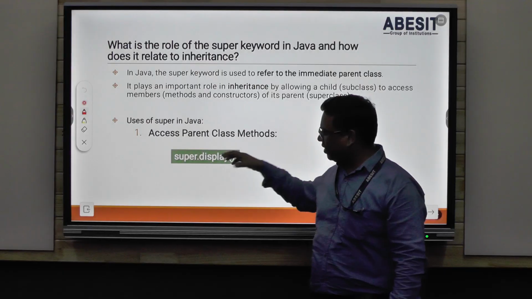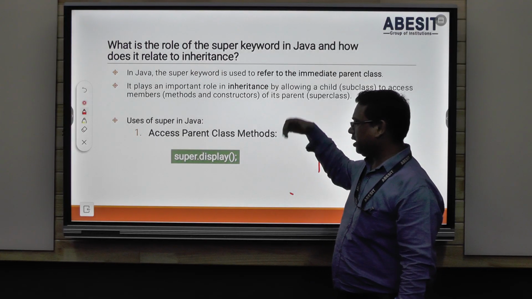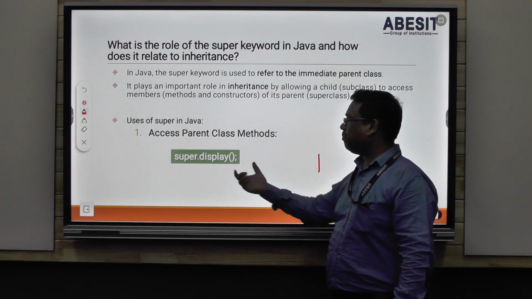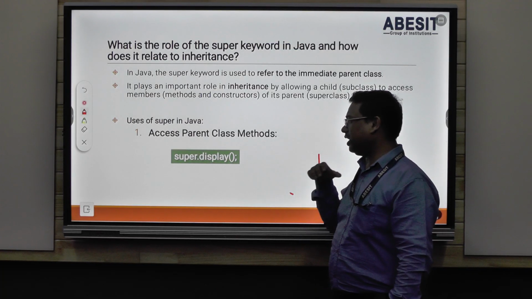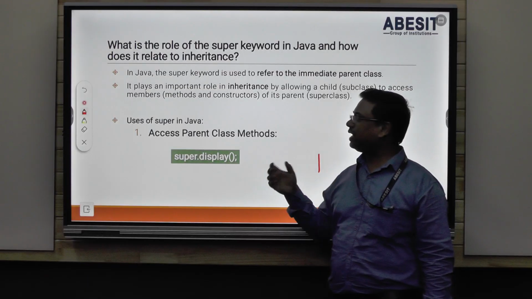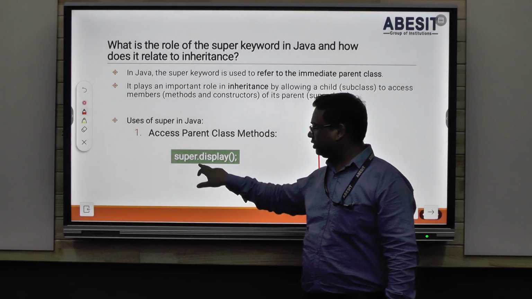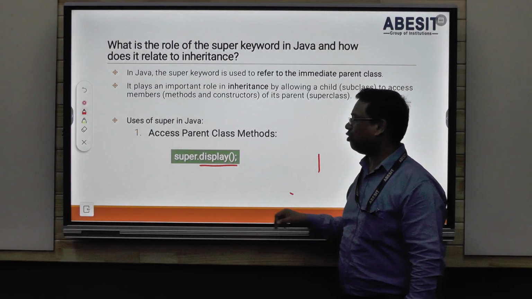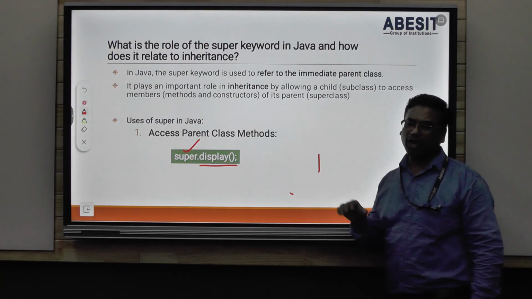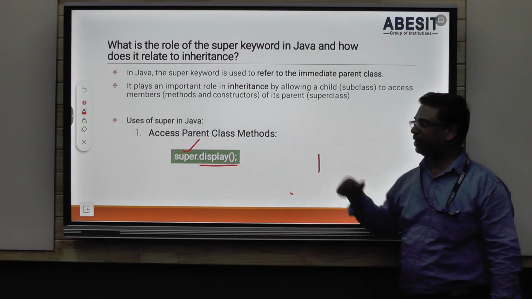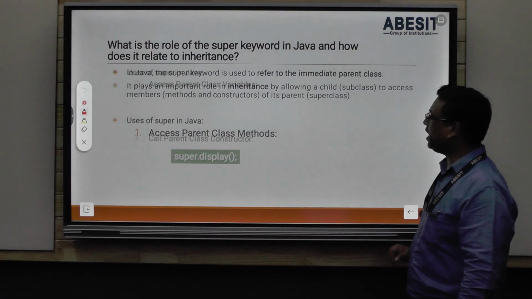Say we have a parent class, and here we have defined a method named display. A child who inherited the parent class can access its display method via the super keyword, by writing super.display. It calls the display method from the super class. Next,